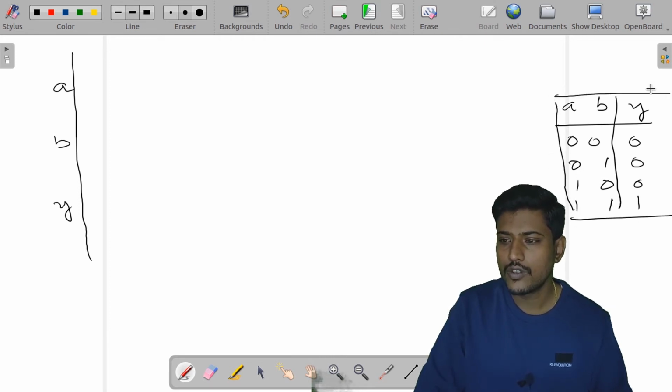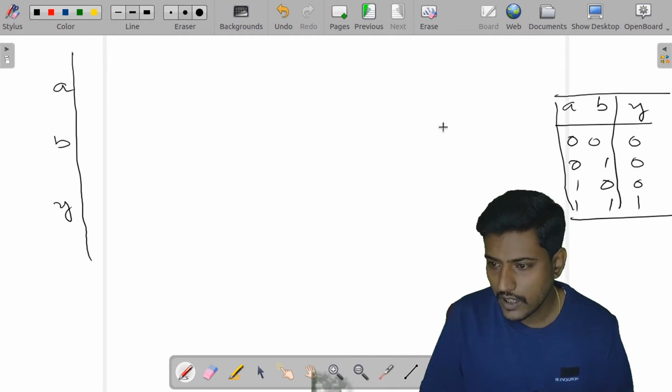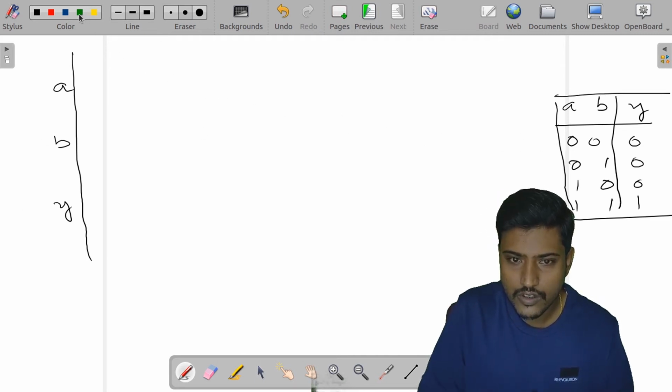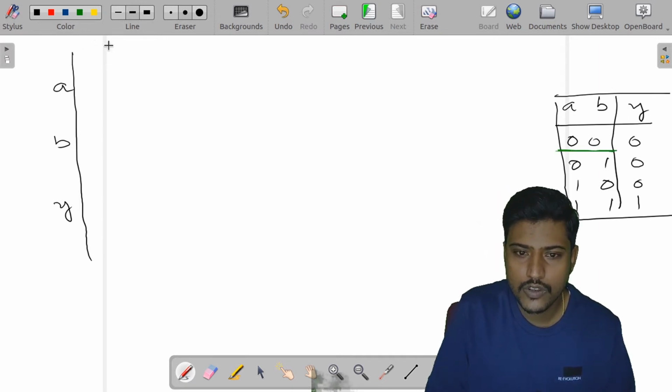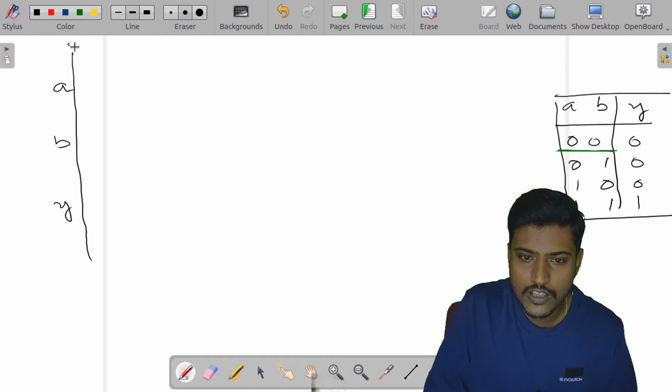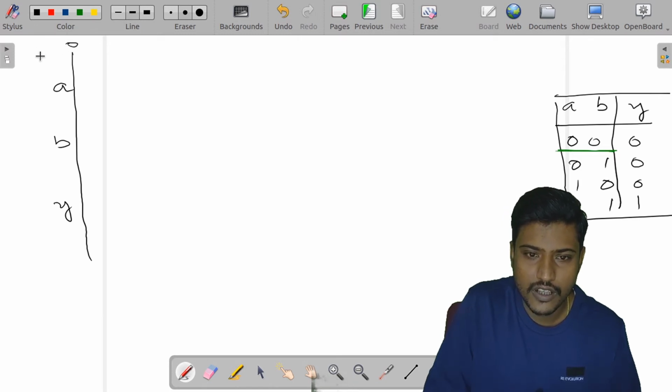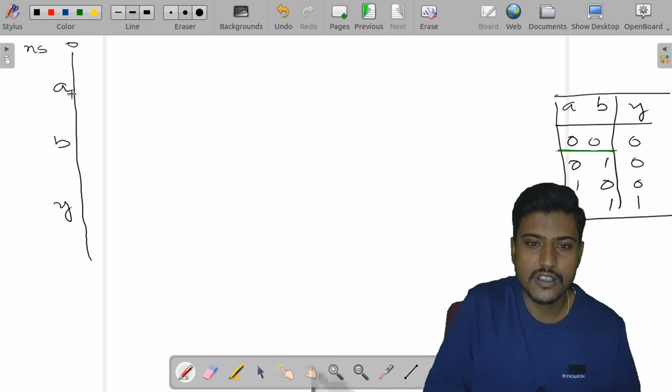Okay. So I need to see this condition, so let me take a different color. If I want to specify this, here we will be having different types of time simulations. So the initial timing, let us consider that timing is in terms of nanoseconds.